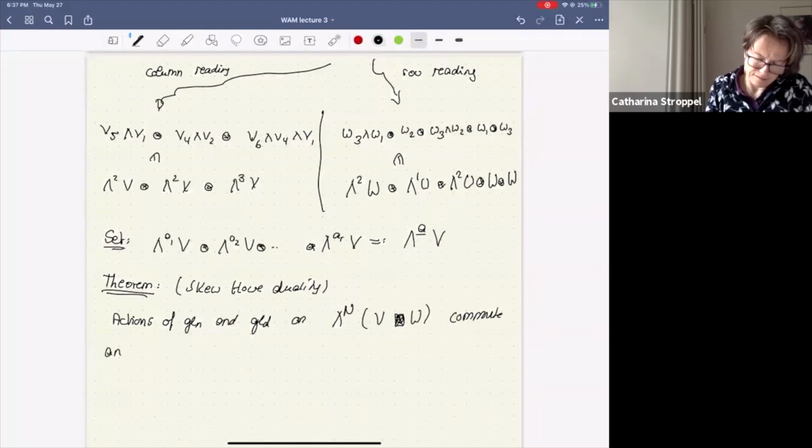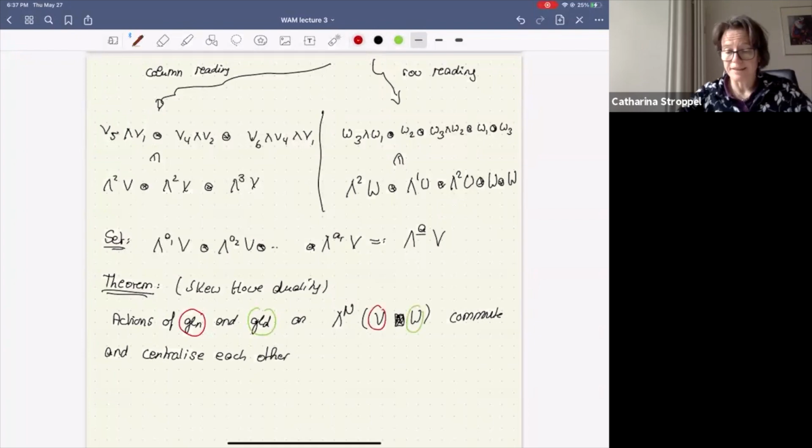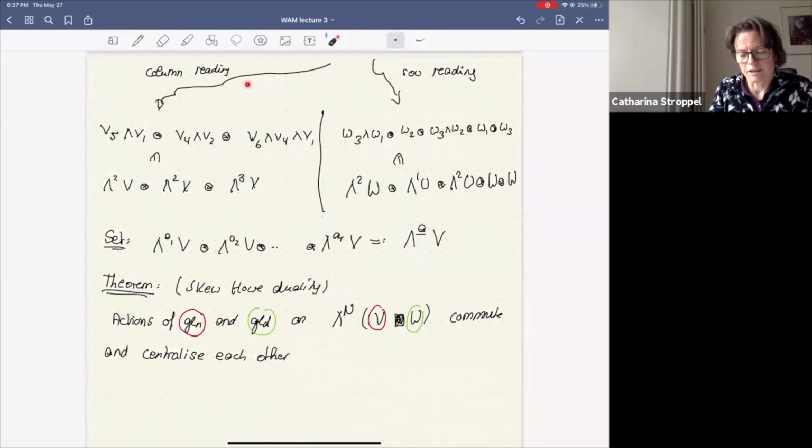and centralize each other, in the sense that one side is giving exactly the guys which commute with the other side. So this is what I mean by centralize each other. So this is the red version and the green version, and here's green and here's red. And now what this funny game with the row reading, column reading and row reading gives you is the following